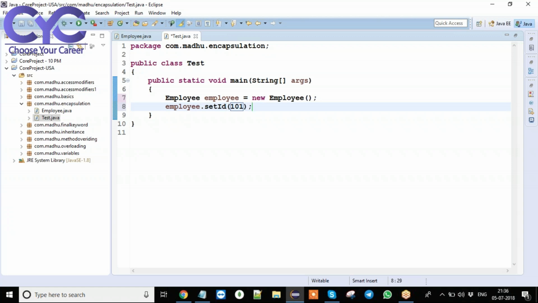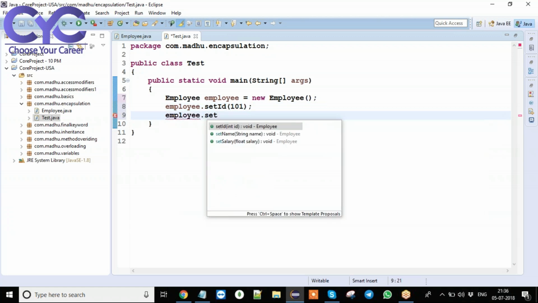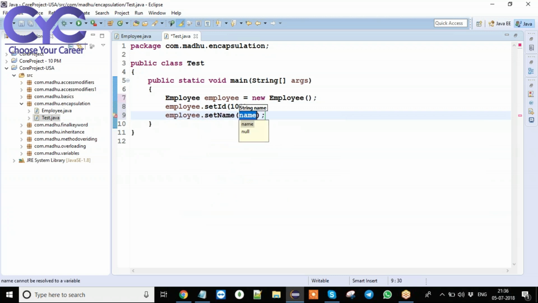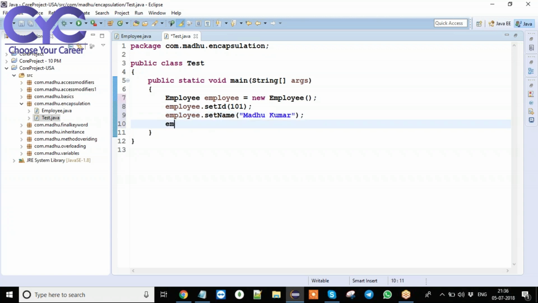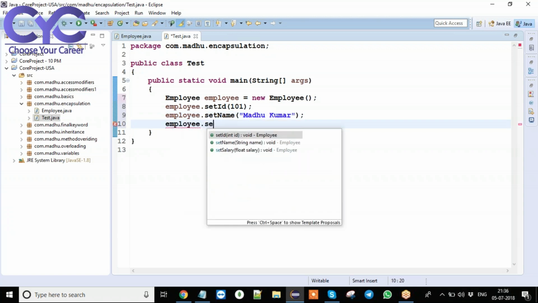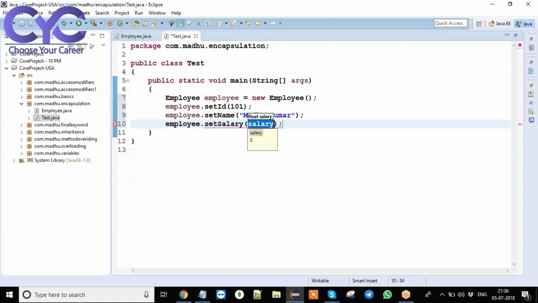Next I am going to set some name, employee.setName of Madhukumar. Now employee.setSalary of some salary, some value followed by .0f.